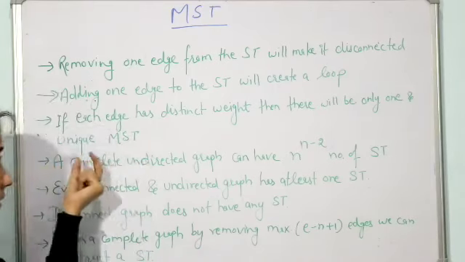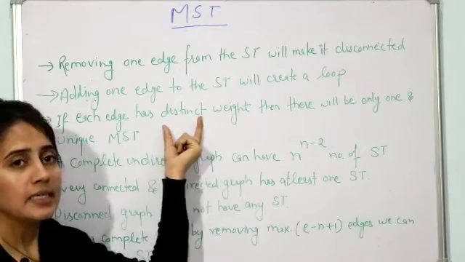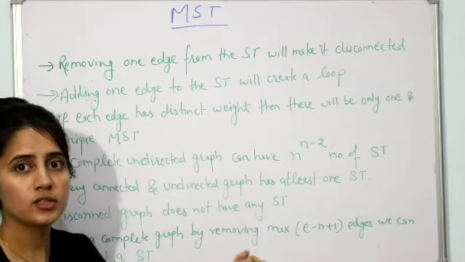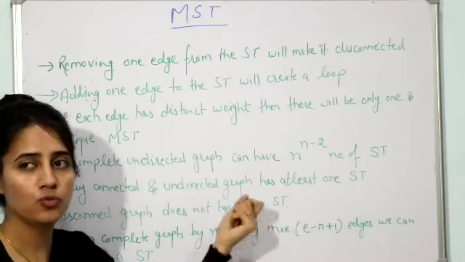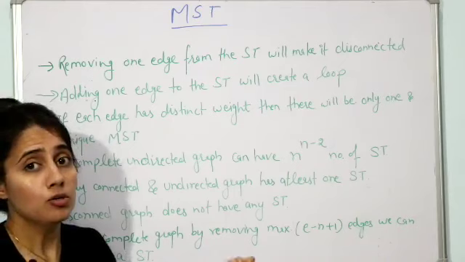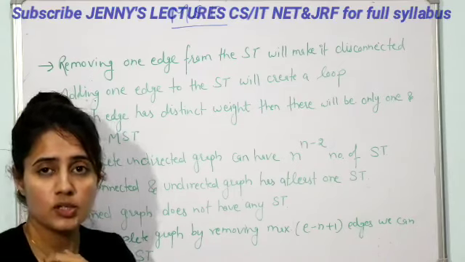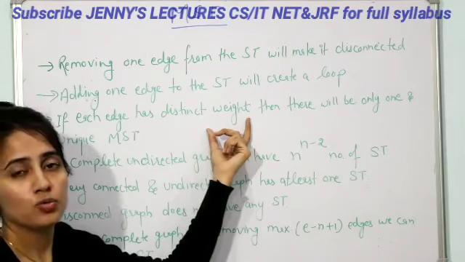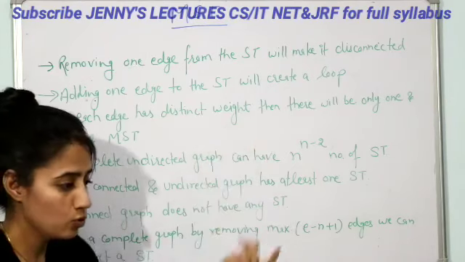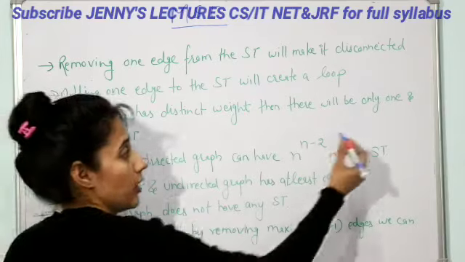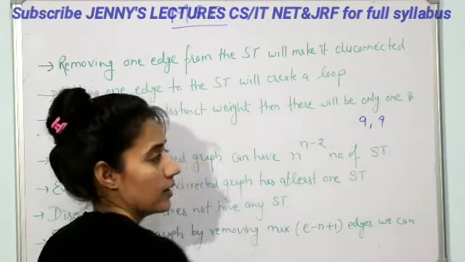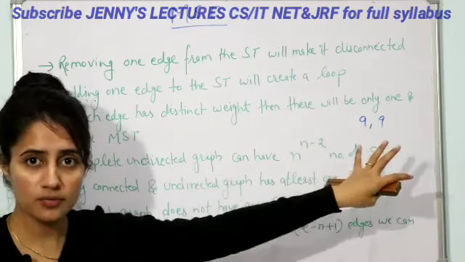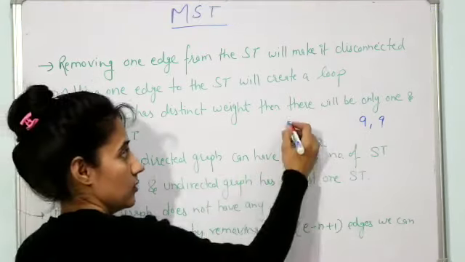See, now if the edge weights are not distinct, in that case what? Suppose we have one graph and 2 or 3 of its edges have the same weight, 3, 3 and 3, maybe 2, 2 and 2, like that. Fine. So it is not that the condition is that the graph can have more than 2 spanning trees. See, maybe 2 spanning trees will be there and both have total edge weight 9, and 9 is the minimum edge weight. Maybe one graph can have 5 spanning trees.